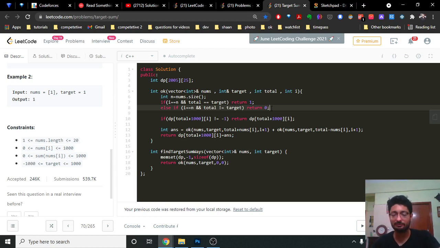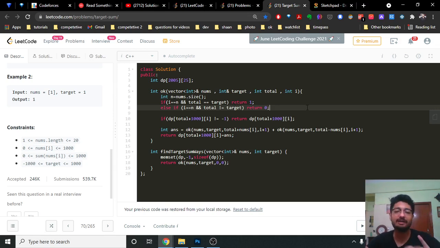Second, after this, I have to check the condition for whether I have seen this state again or not. What you can see here is, I cannot just add 1000 to all the numbers, because if I add 1000 to both numbers, 1 and 2, it will become 1001 and 1002, and after adding it, it will become 2003. I'm not doing that. I just want that before storing in the DP table, I add 1000 to the total sum.